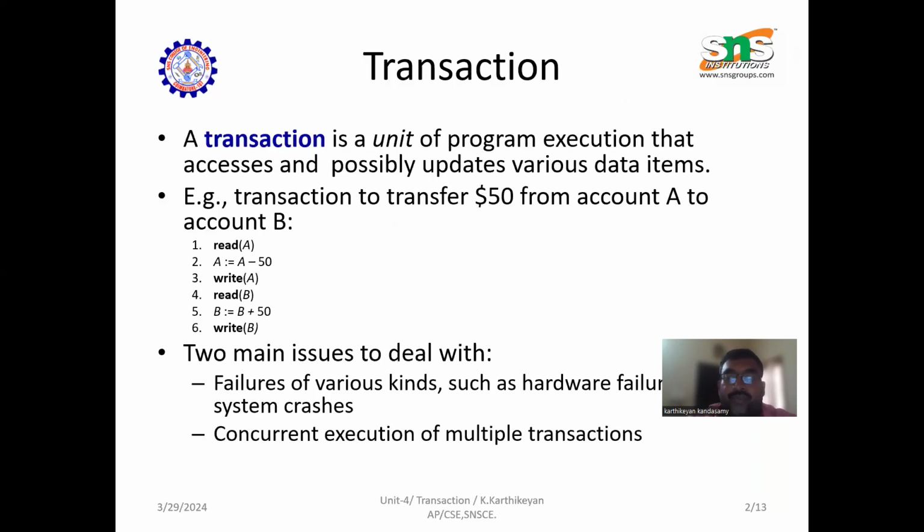What is a transaction? A transaction is a unit of program execution that accesses and possibly updates various data items. For example, take a bank account. I have rupees 1000. Suppose I enter the bank, fill in the challan and give it to the cashier. The cashier verifies it through my account